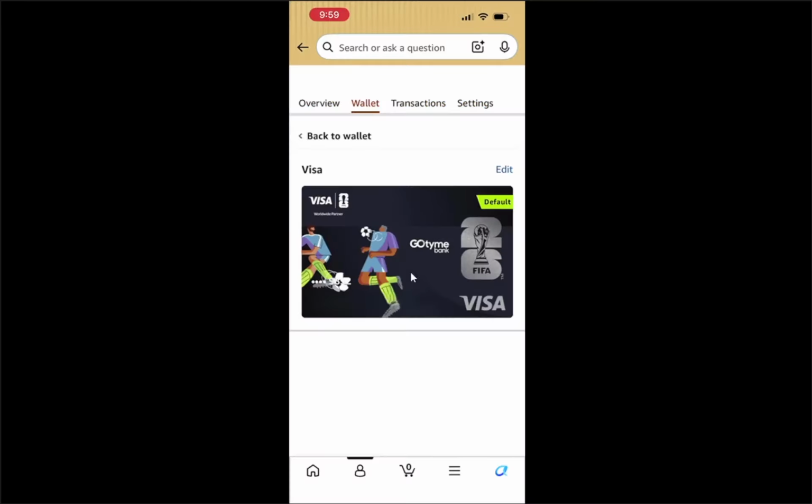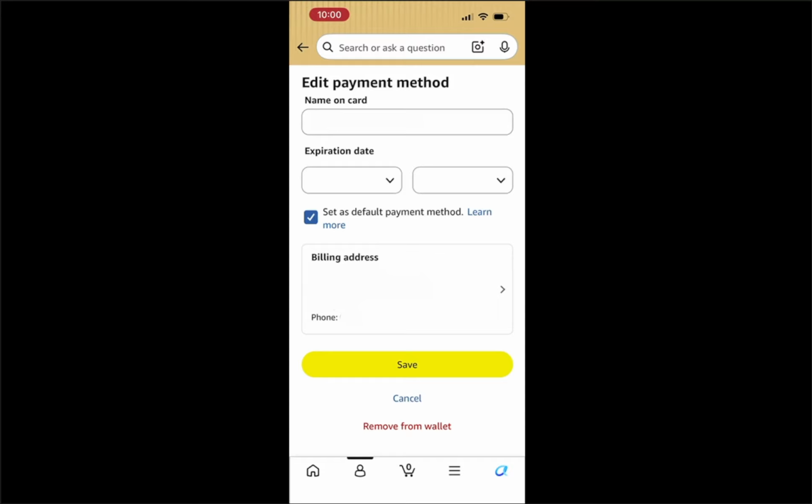If you see an Edit button, tap Edit. On some versions, this appears near the top right of the bank details screen. After tapping it, the layout may change slightly to show options for managing that bank account, including the option to remove it. With that ready, tap Remove from Wallet or Delete, whichever appears on your screen. This tells Amazon you want to take this bank account out of your list of payment methods.